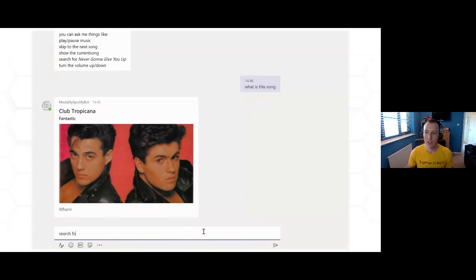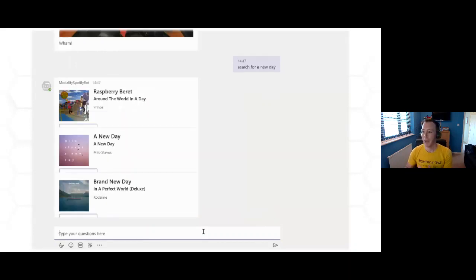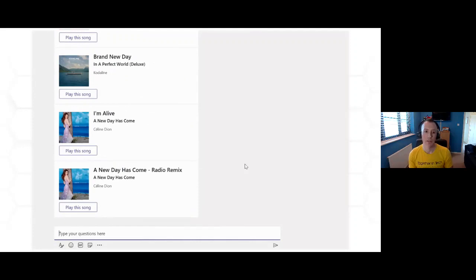You can issue it commands. You can see what's playing. You can search for and play new tracks. 2.5 days of development, 15 years old. That's the future right now. That's where we're at. This is why this stuff's so important. You need to keep moving and understand this stuff. You've never needed to move so fast, because this stuff is happening right now.